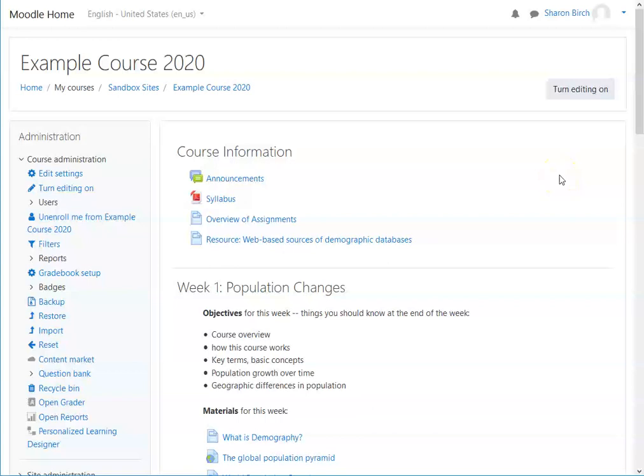The quiz tool in Moodle can be used for a variety of purposes. It has an automatic grading capacity for the types of questions that can be assigned a correct answer, so multiple choice, true, false, matching, things of that nature. In addition to that, it can also take essay questions that you can then manually grade. However you want to use it, whether it's for drilling type formative assessments or for summative exams at various points throughout the semester, there are a number of settings to keep in mind as you work your way through the